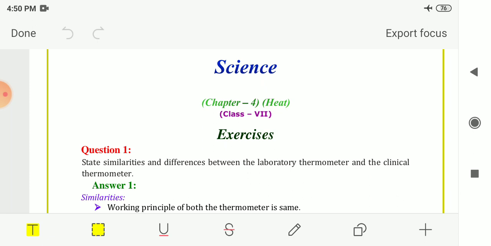In the clinical thermometer we had seen there is a kink, or you can say constriction, that is near the bulb of mercury, and the kink prevents the mercury level from falling down. It is there in the clinical thermometer, but it is not present in the laboratory thermometer. Then we had seen the transfer of heat, how this transfer of heat takes place and by which method. The heat flows from a body at a higher temperature to a body at a lower temperature, and that is why hot tea becomes cold due to the flowing of heat in the atmosphere.